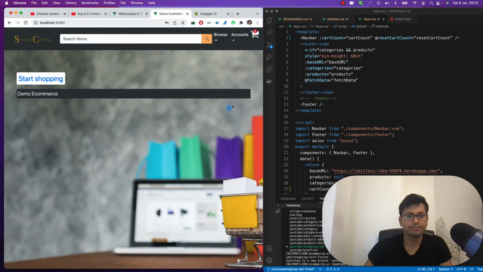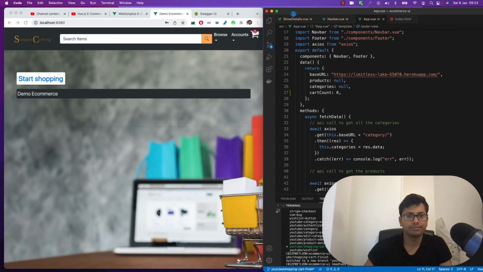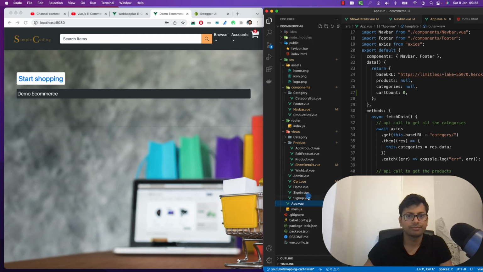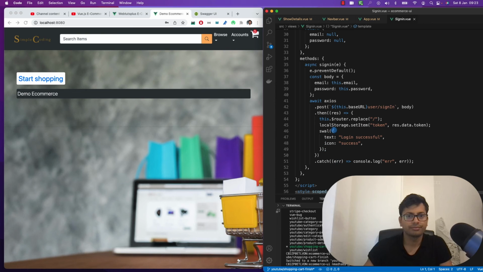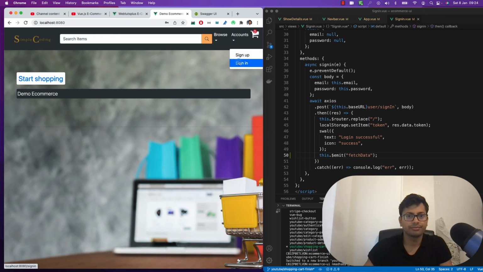And login successful. So when we are logged in, we should also call this function. So when you sign in, after we sign in, we have to also call this function, this dot emit fetch data. So let's see, when we sign in and when we continue,